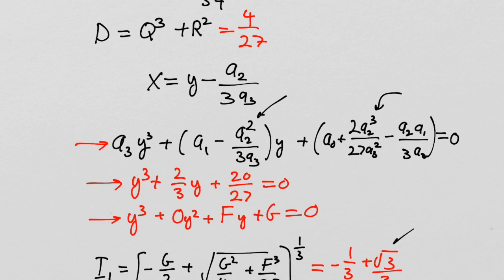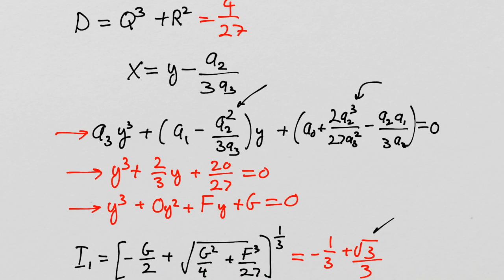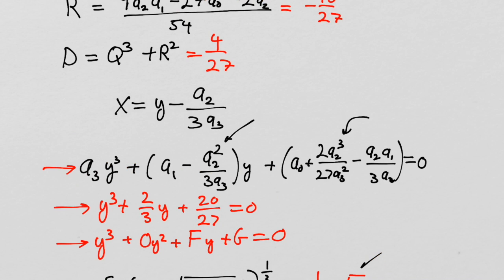These are the roots of the depressed polynomial, this guy right here. So that's different. Now we have to calculate x through this expression here. So in other words, we have to do the substitution in reverse. x equals y minus a2 over 3a3. So if we do this for the real one first, we get